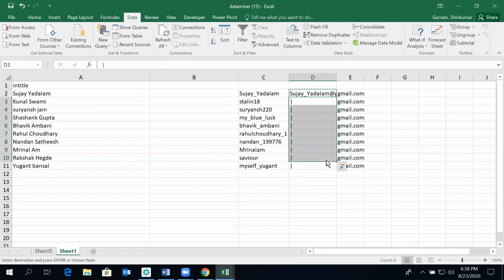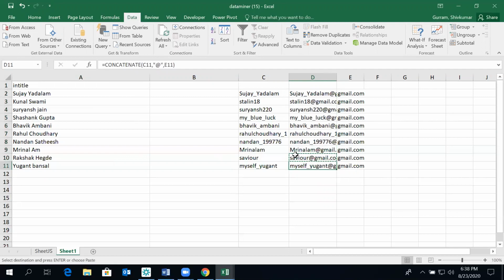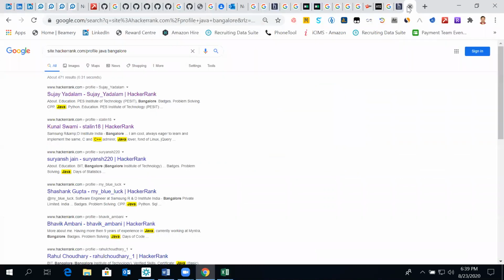With underscore, very less chances, but the ones which have just the text are the people who would have signed up using their Gmail IDs, and that's where their user ID comes before the at the rate of Gmail, and we have used Gmail and created it. The same input can be exported to LinkedIn or to Google Contacts. So for Hacker Rank, we are sorted. Now we are left with Hacker Earth.